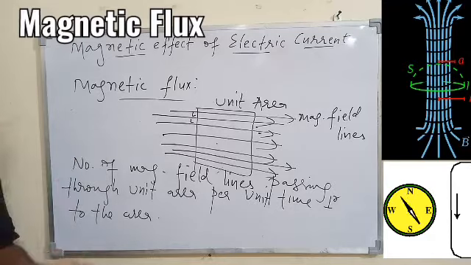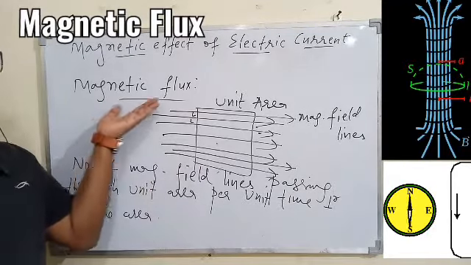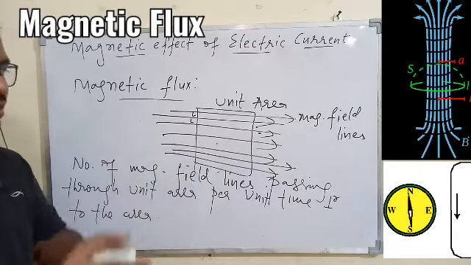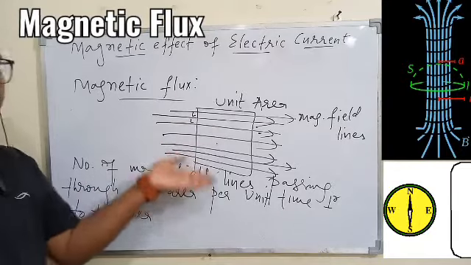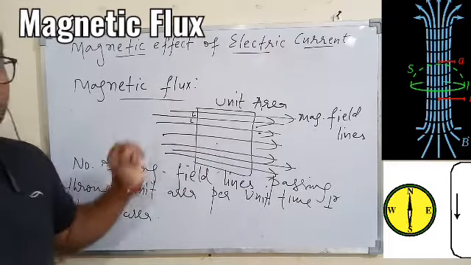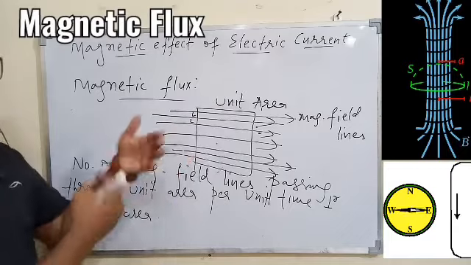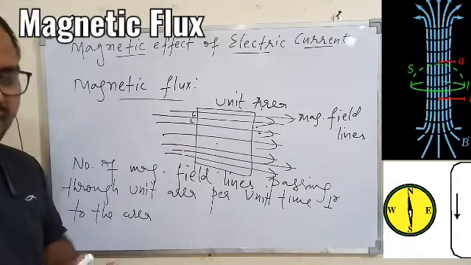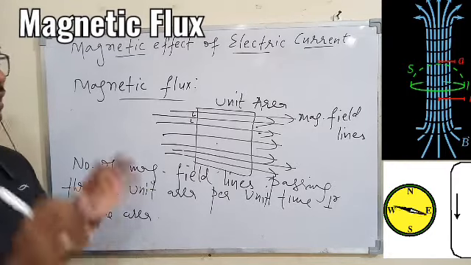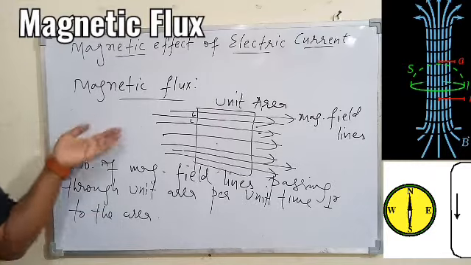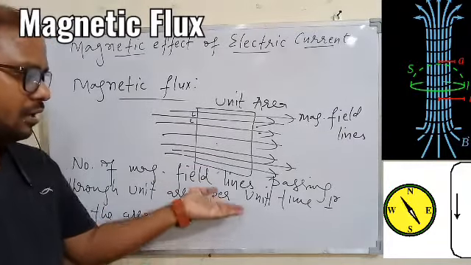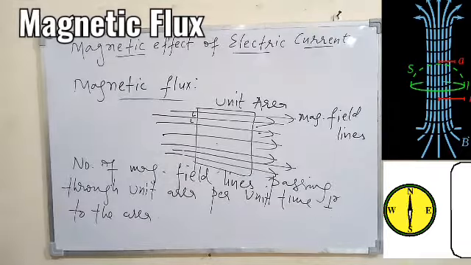Simply remember, magnetic flux is nothing but the density of the magnetic field lines. Density means whether the field lines are very crowded or not. The more magnetic field lines passing through a unit area, the more the density, and the more the strength of the magnetic field in that space. If fewer field lines pass through the same area, the strength of the magnetic field is less. So for this class, remember that magnetic flux is the number of magnetic field lines passing through a particular area in a given time perpendicular to the surface, nothing else.